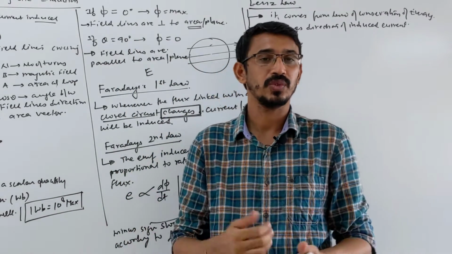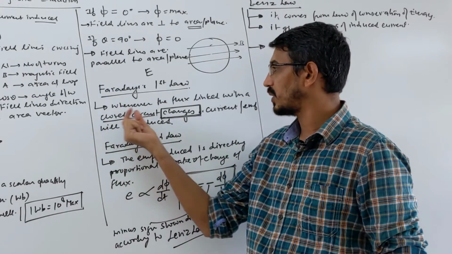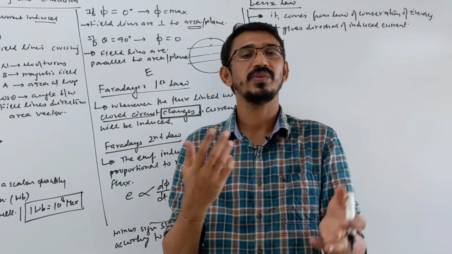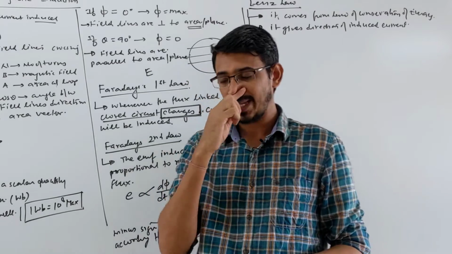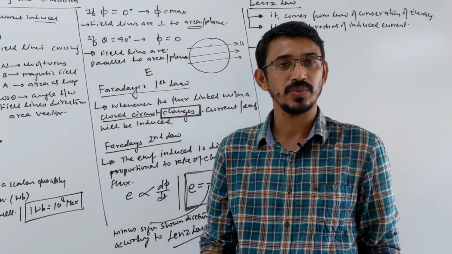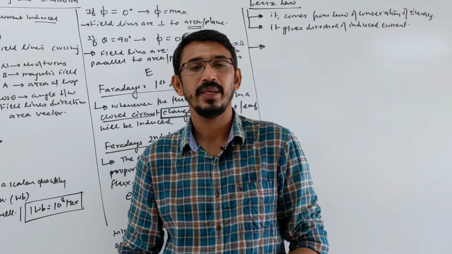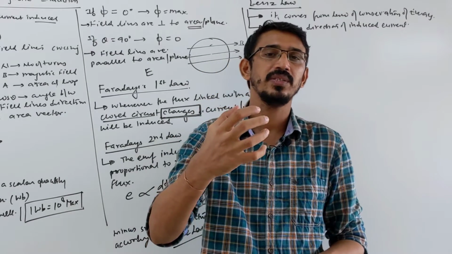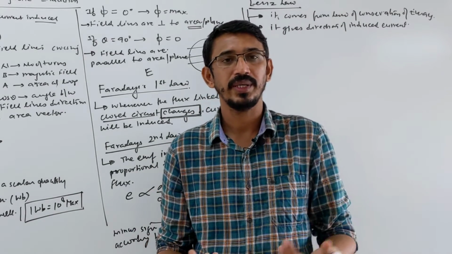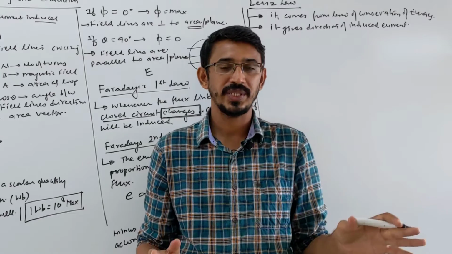Second law gives how much force, the magnitude. Same thing here: Faraday's first law gives the definition of EMF, that when EMF is induced. Then the second law gives a formula to calculate how much is induced. Third law, like when you talk about Newton's, it comes from conservation of your momentum only, right? Now it says for every action there is an equal and opposite reaction.